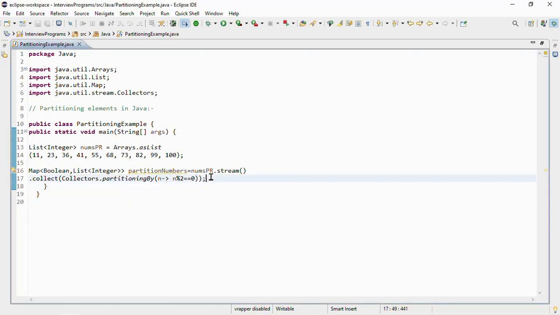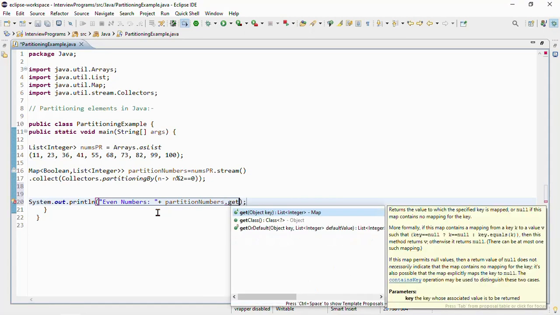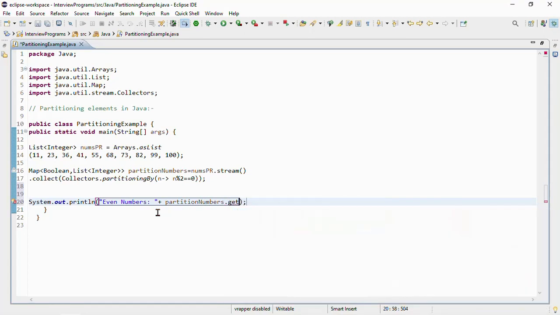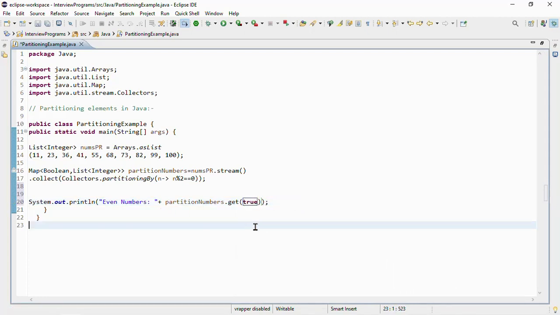Now friends, let's write the code to print the partition numbers using the sysout method. Pass the message as "Even numbers:" plus partitionNumbers.get(true).